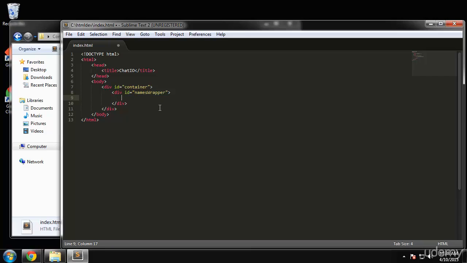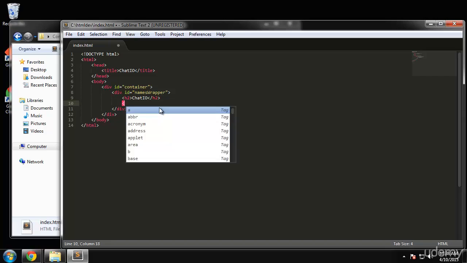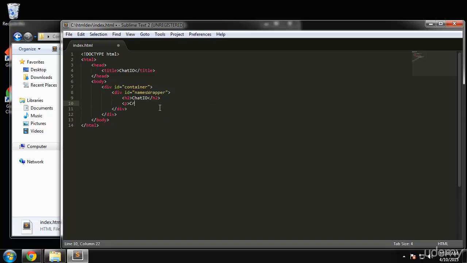Okay, and in this we're going to have an H2 heading, and this will just be the header, so we'll just say ChatIO. Alright, and then we'll have a paragraph. It'll say create username,